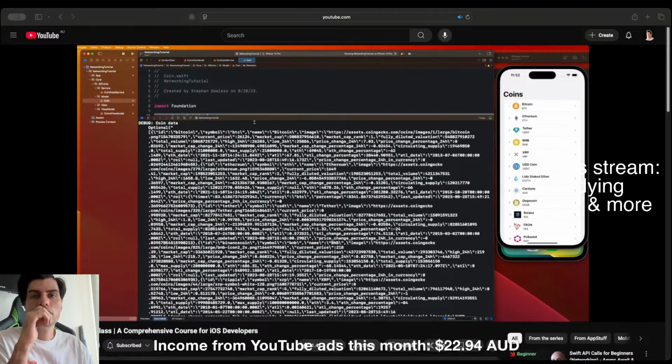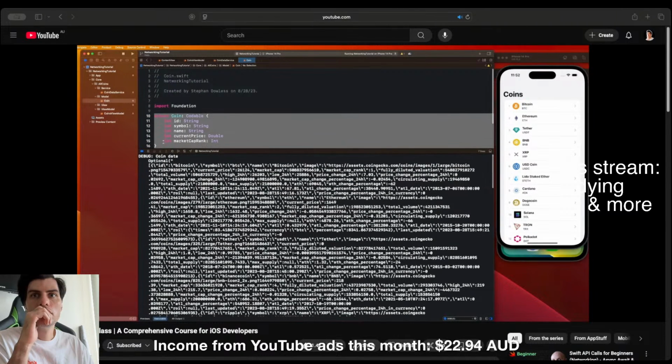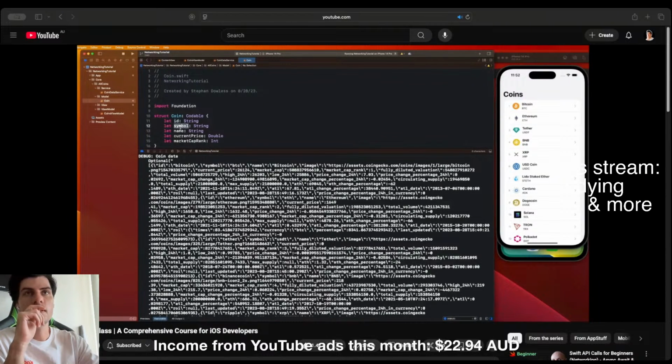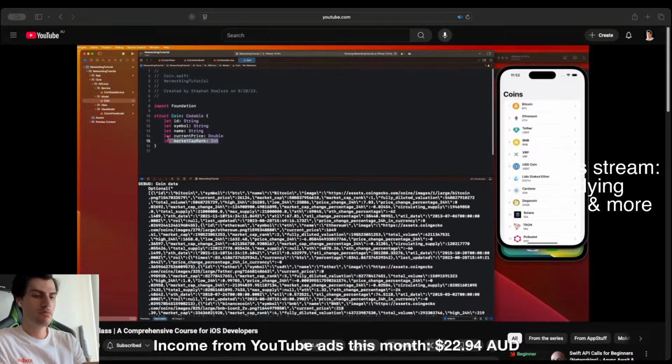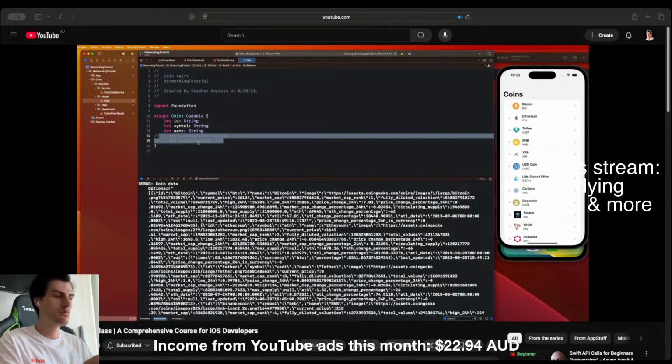We can pick and choose which ones we want to build our coin object here. And this is just what we're picking for now, right? So we have ID, symbol, name, and then somewhere in here you'll find current price, and somewhere in here you'll find market cap rank. For now, I actually want us to comment these two things out. We will come back to these in a little bit. What I want us to do now